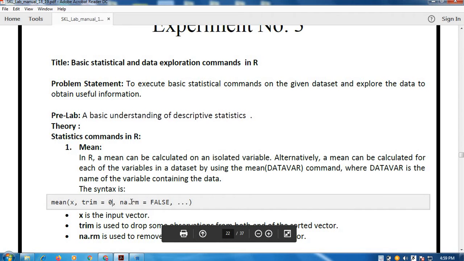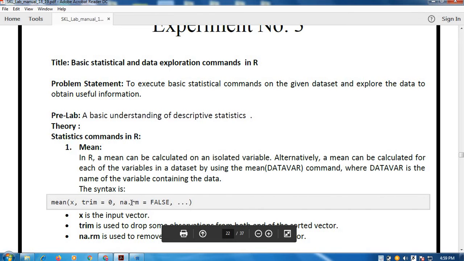Then next is na.rm is equal to false. Here NA: when we are dealing with a data set, a very simple example is you are filling multiple forms and you are prompted for multiple attributes, and during this you are sometimes not interested or not knowing the information about some attribute and you skip it, and then move ahead and fill other entries. When you submit this form, it goes to a database with the attribute names as columns.